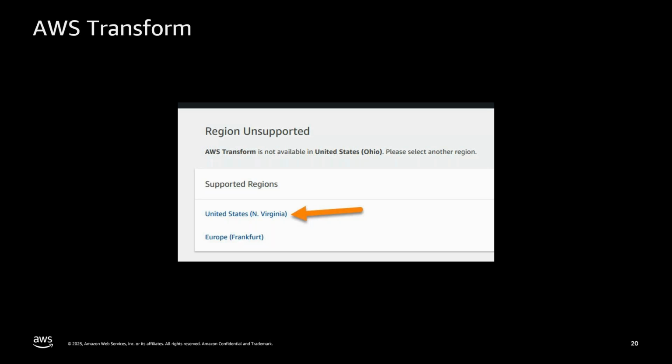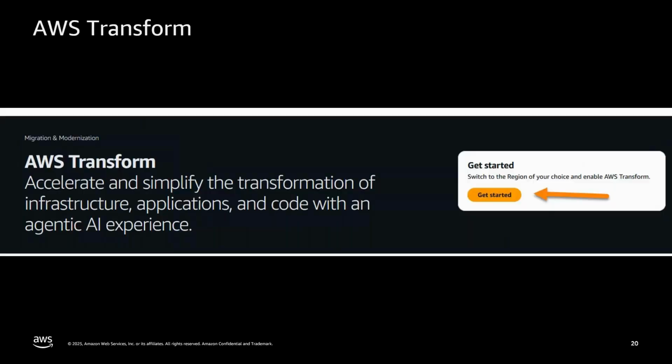Now, keep in mind, these are the regions where an ephemeral managed environment will be created. This is an isolated environment that will be created to run those multiple stages or steps that I talked about. Your application need not be running in these regions. In fact, your code need not be in AWS to begin with. And once your transformation is done, you can decide to deploy and execute your code in a region of your choice.